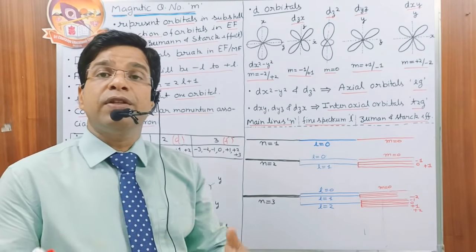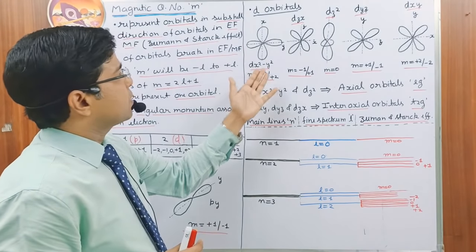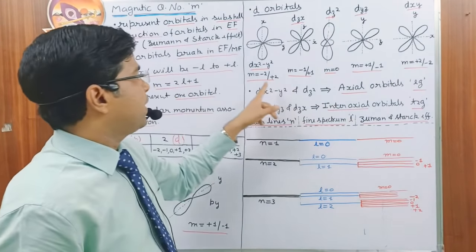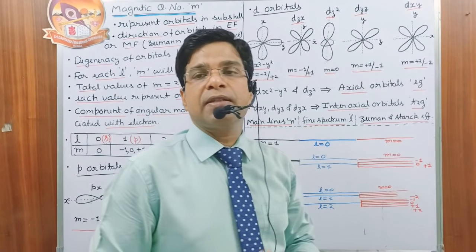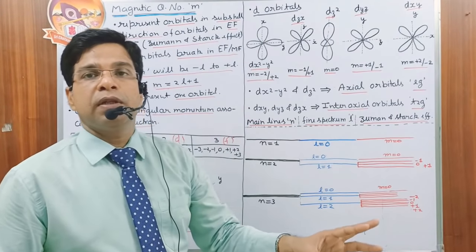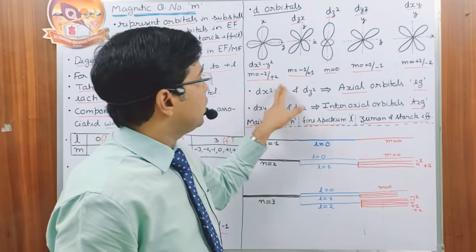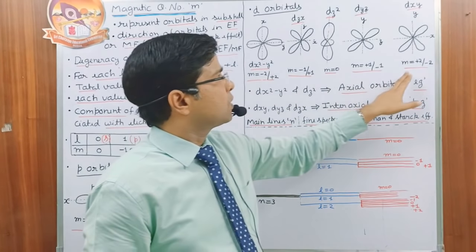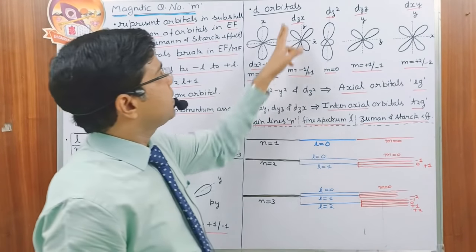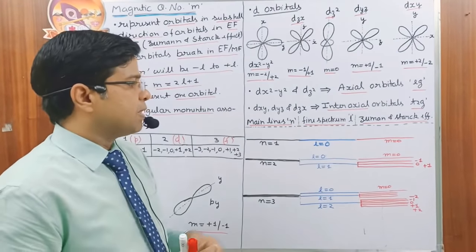Then the other two orbitals, in which we don't have any component of z, are the extreme ones. If dx² − y² is taken as -1, then dxy is taken as +2. If it is taken as -2, then dxy is taken as +1. But if dx² − y² is taken as +2, then dxy is taken as -2. This means these two values are interchangeable with each other. dx² − y² and dxy are interchangeable with each other, and dzx and dyz are also interchangeable with each other. But the value of dz² is fixed.